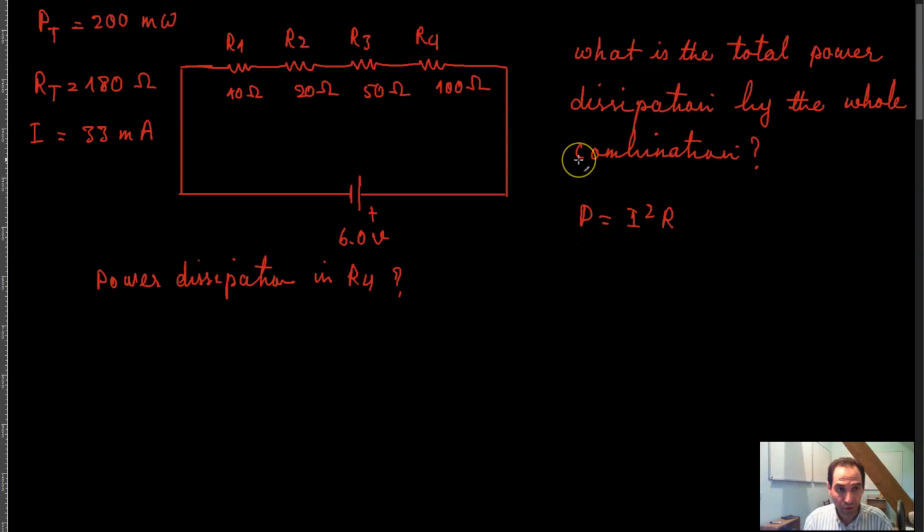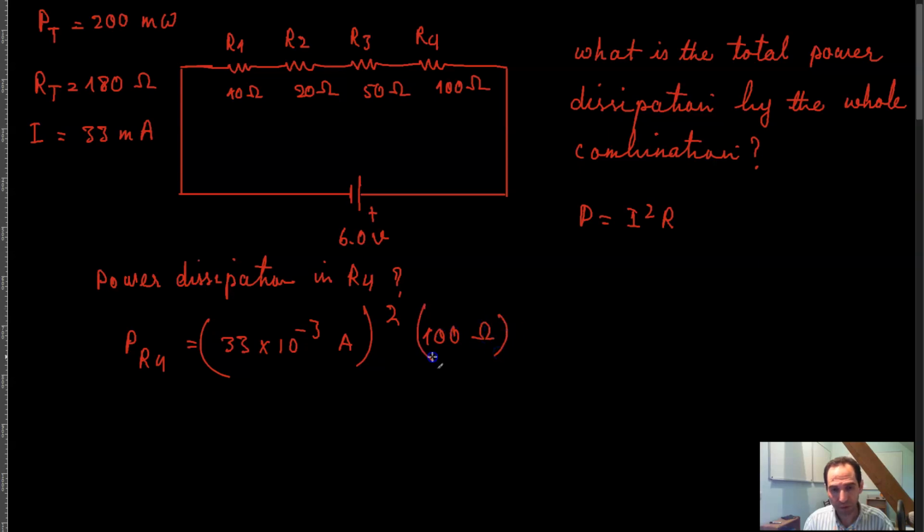The current going through the circuit is 33 milliamps, I squared times R. So P of R4 would be equal to I squared, which is 33 times 10 raised to the power negative 3 amps, whole squared, times R, which is equal to 100 ohms. And 33 squared is equal to 1089, times 10 raised to the power negative 6, in amps squared,